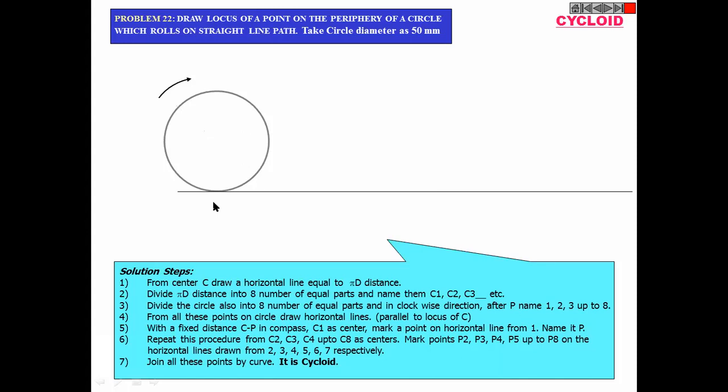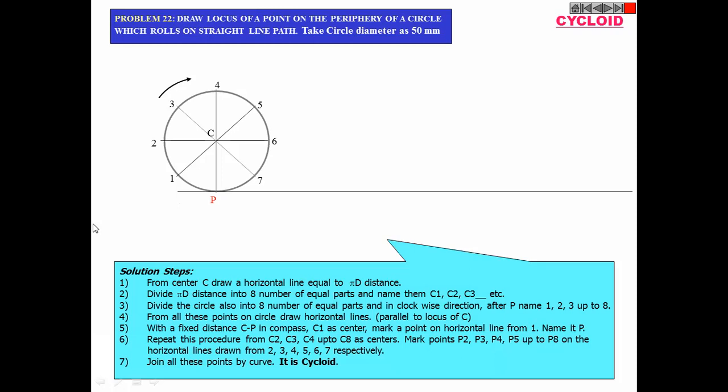But which points should you collect or use in your generation of the curve? That's why, by dividing the circle, we pick up 8 points. These 8 points we will use to generate the required curve. We'll give them names now. Ideally you should stick to naming them in the direction of motion, so from left to right. Now, this point P is the point in consideration.